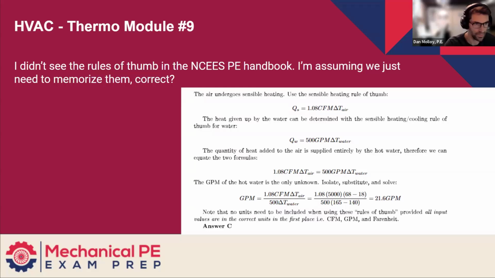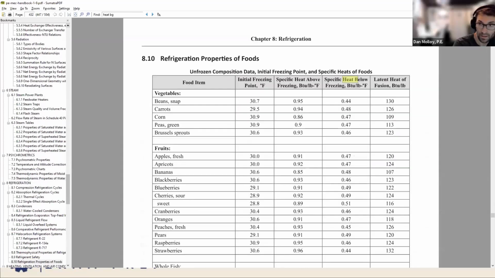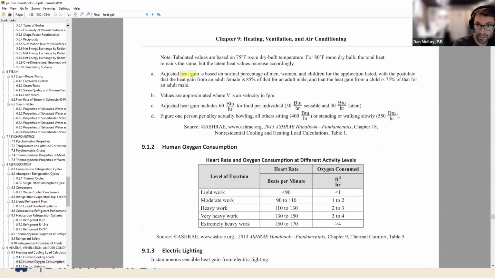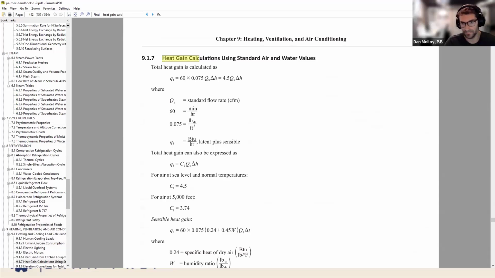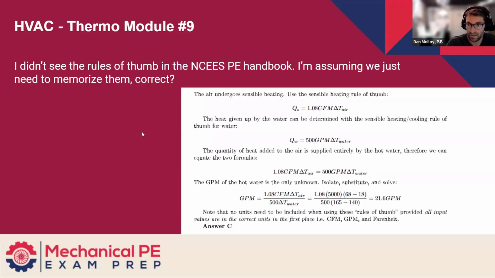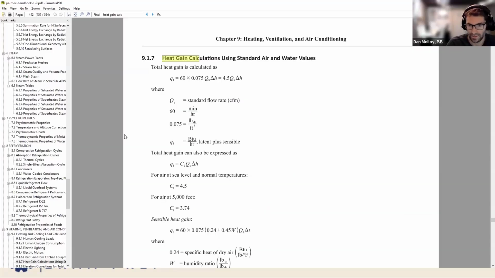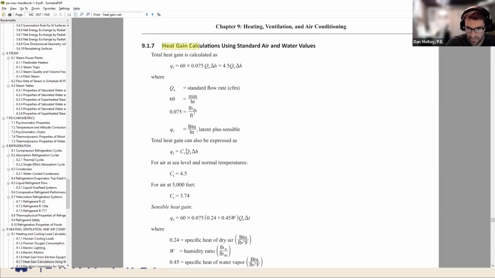So you can use the search term heat gain calculations. Heat gain. There we go. But they don't write it out in one continuous line, like I like to just write it this way. Also, they don't use 1.08, they round it to 1.1, which is fine. That's never going to be the reason you end up getting it wrong. But here's how they write it. C sub T times Q sub S times delta H